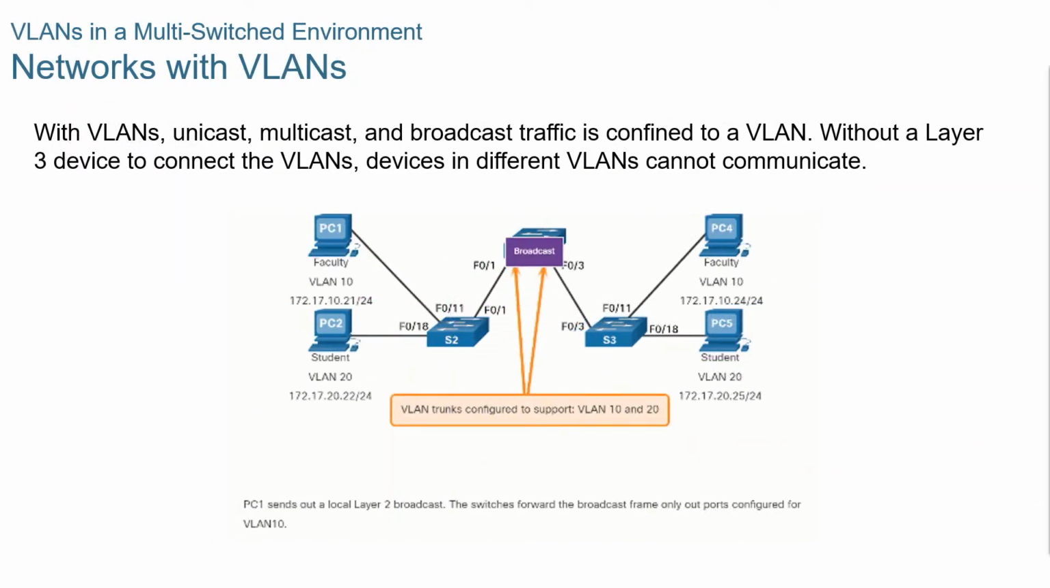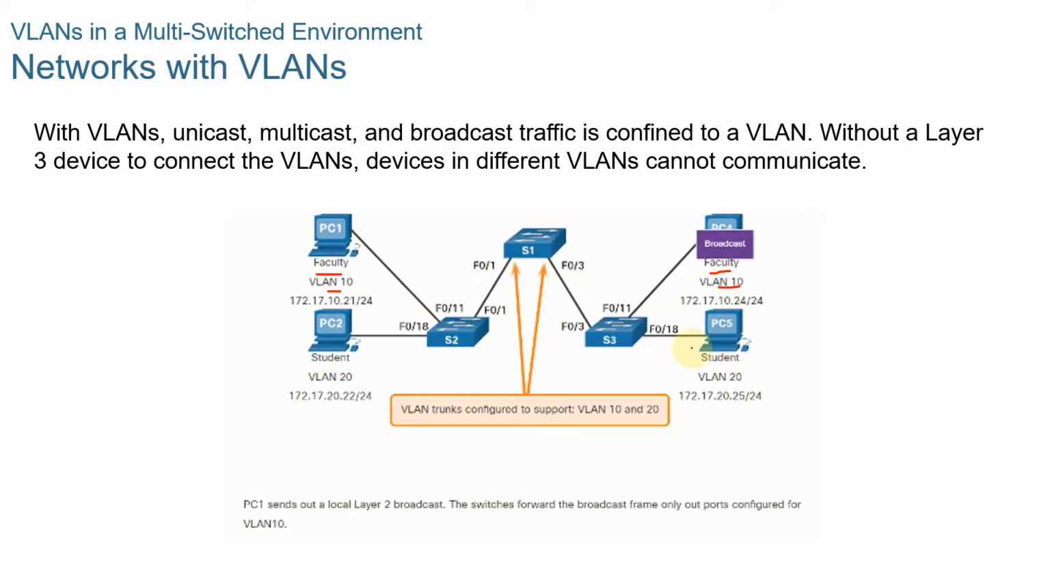So what will happen if we have configured a VLAN on the switch? In here, faculty devices are assigned to VLAN 10. You've got VLAN 10 here for faculty. Also PC1 is in faculty and PC4 is also on faculty, or VLAN 10. And the students were assigned to VLAN 20. PC2 and PC5 are part of